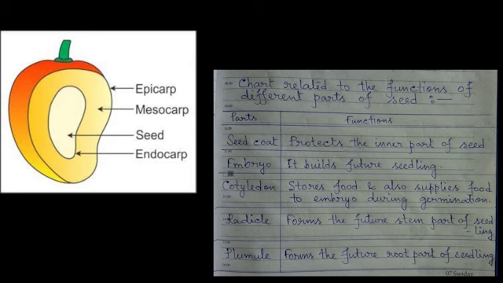Now we concentrate on the typification of fruits. On the basis of juice, all fruits are 2 types. Number 1, juicy fruits. They have juicy, fleshy and fibrous mesocarp like mango, orange, grapes, etc. And number 2 is the dry fruits. The fruits have no juices like nut, betel nut, etc.